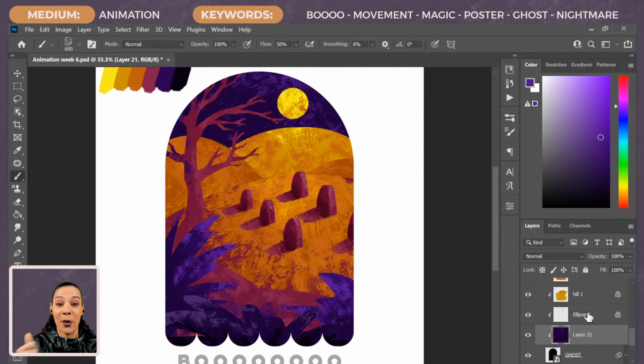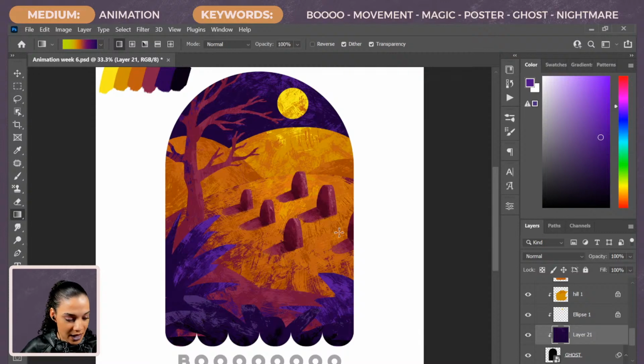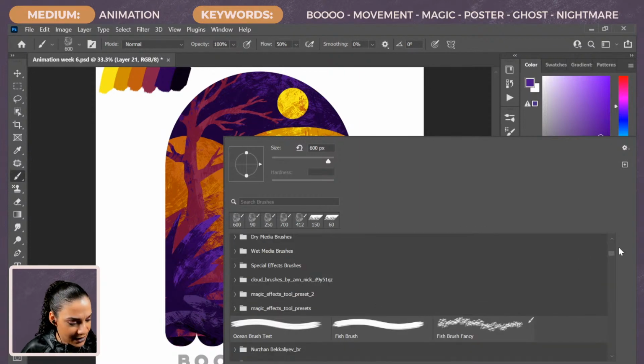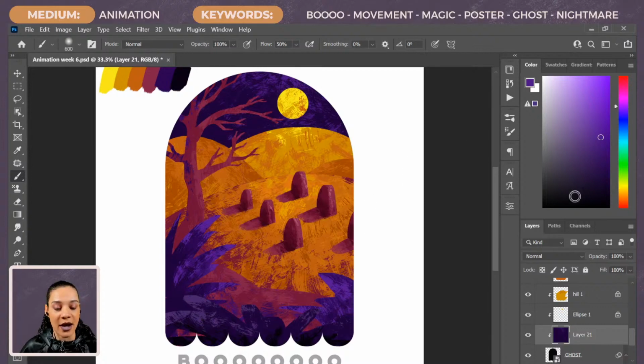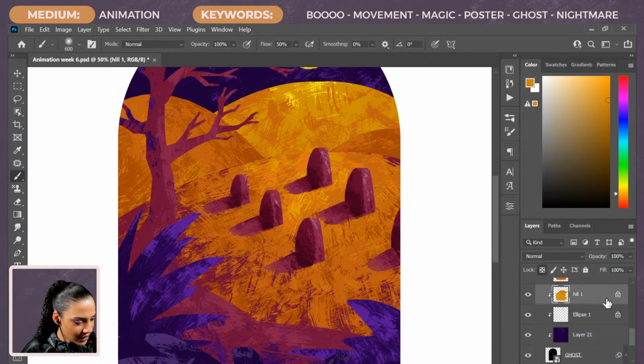Now the last thing that I want to do is define these individual shapes even more. And the way I'm going to do that is with a gradient, I think. Actually, the way I'm going to do that is with a soft round brush, which is like a gradient. I'm going to use it like a gradient that I can place wherever I like in an organic way. So I'm going to grab this. We're going to come here to this hill.